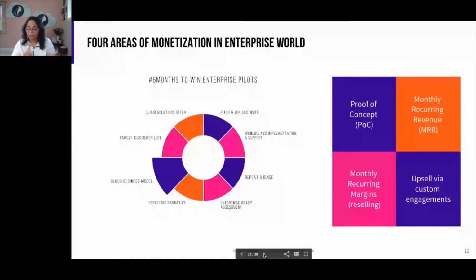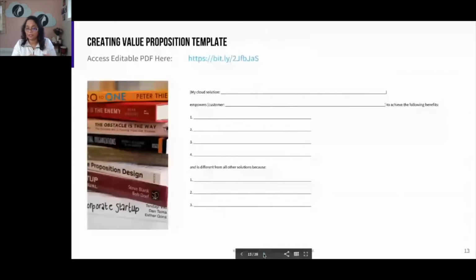So once you have the business model right, now you have to say, okay, what's my value proposition for the customer? You basically have to write, this is the simplest way. We have taken all the accelerator participants through it. It looks very simple, but it takes a lot of time. And entrepreneurs who have gone through it know how much effort it takes to put everything in one place. So what you do is you write your solution name. It tells you exactly the customer you are empowering, what benefits you're going to provide through the solution, and how it is different from all the other solutions.